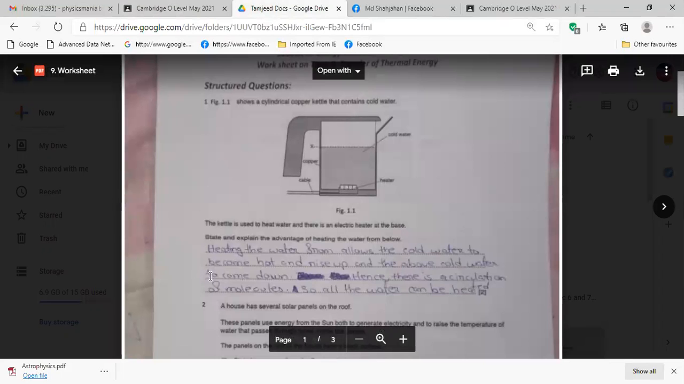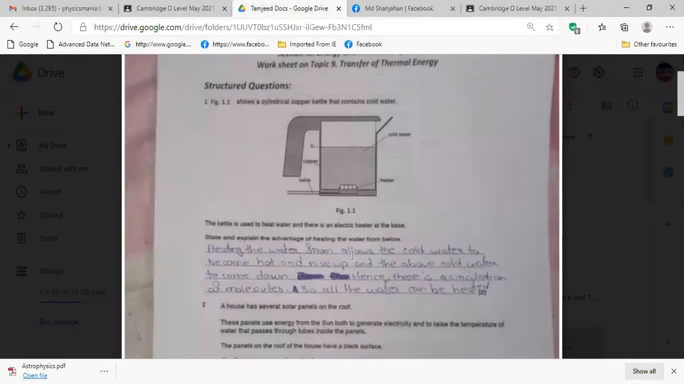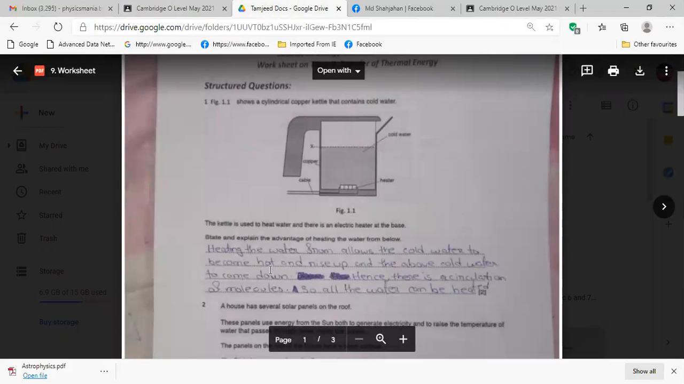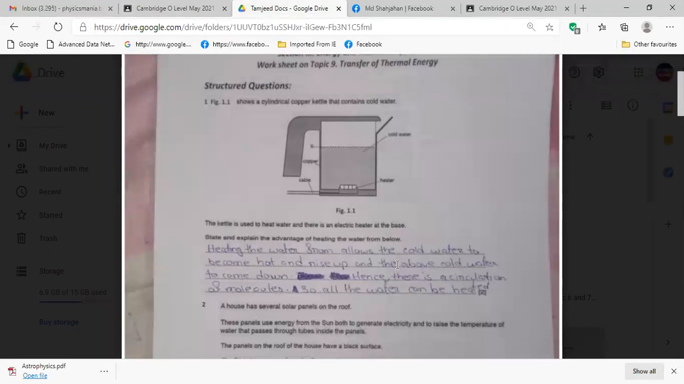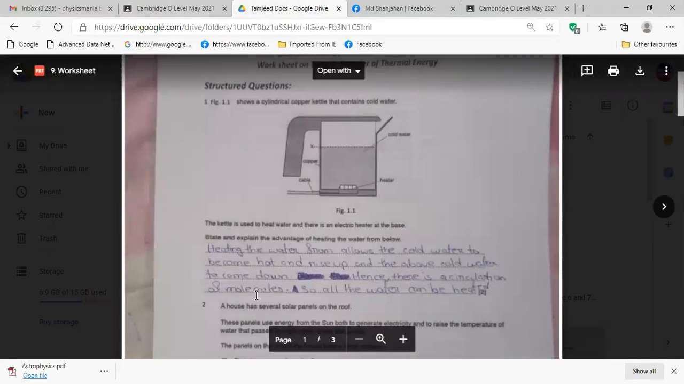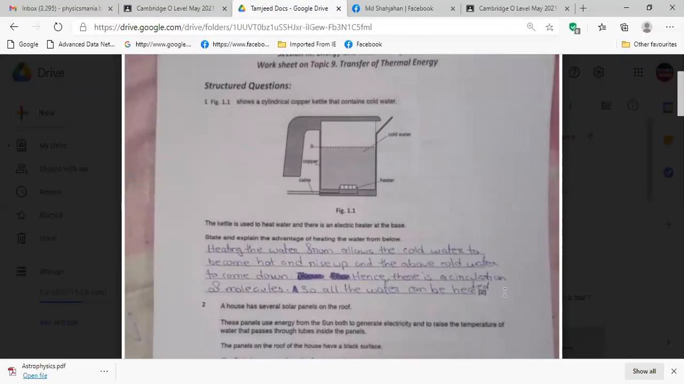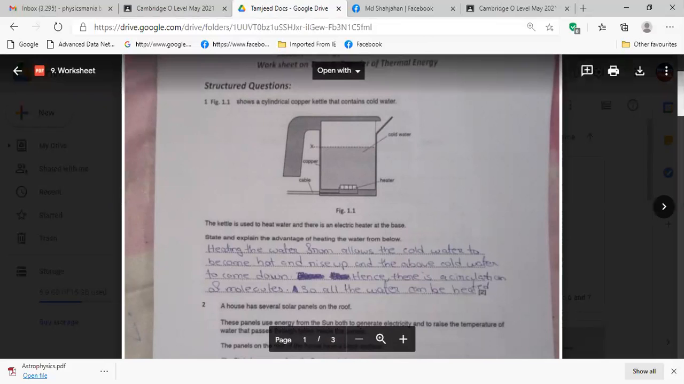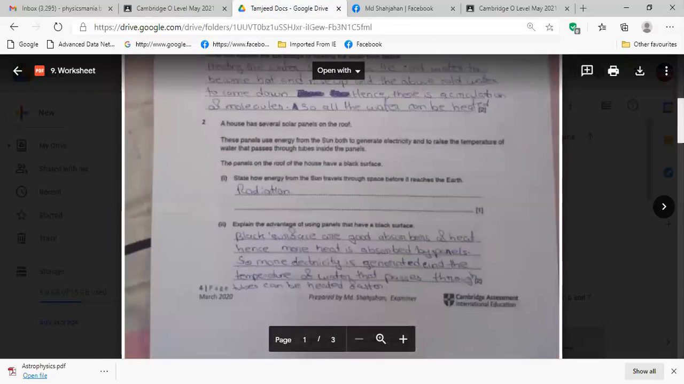Check. Heating the water from below allows the cold water to become hot and rise up, and the above cold water to come down. Hence, there is circulation of molecules. So all the water can be heated. Yes. So you brought this idea out. All the water can be heated. So you got your full marks. Then